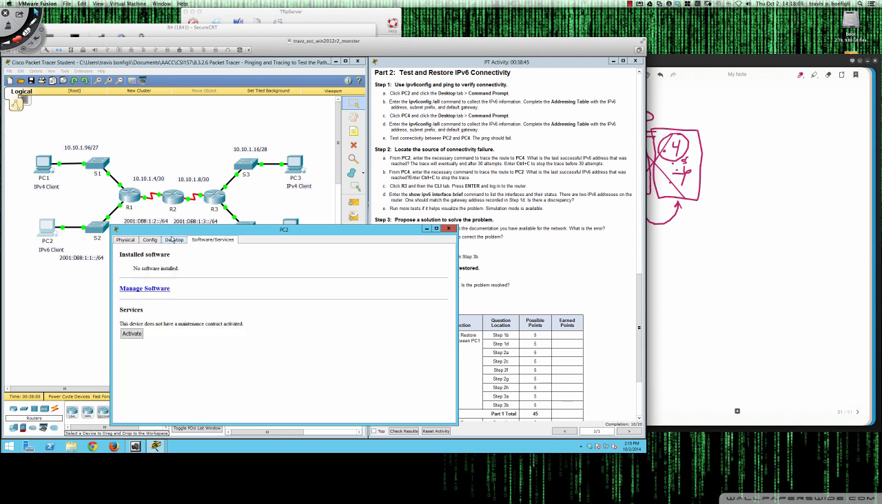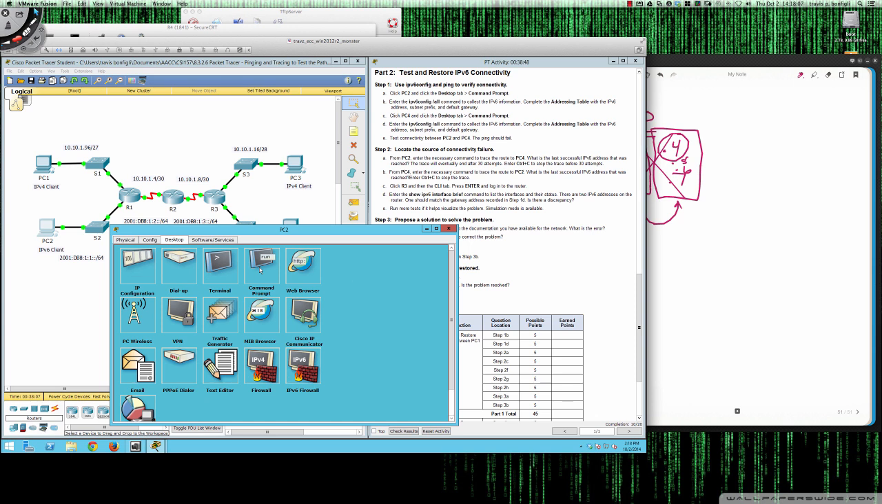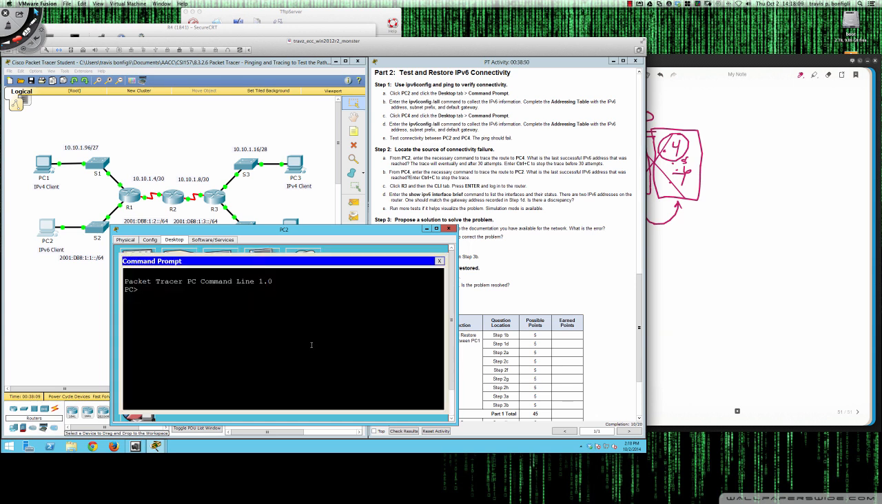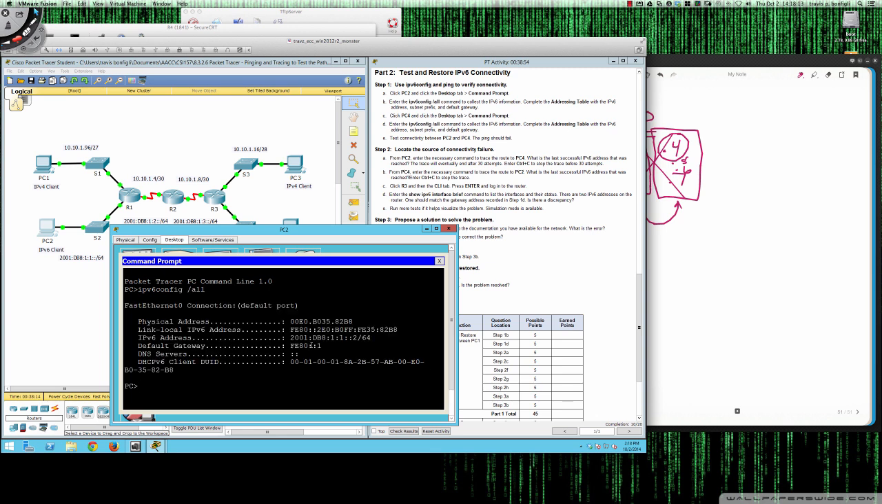And we're going to go to the desktop tab, and it wants us to pull up the command prompt. And so we're going to type in ipv6config /all, and this is going to give us our IPv6 information. So as you can see here, we've got our physical address, and this is the MAC address on this PC. We have our link local address here,